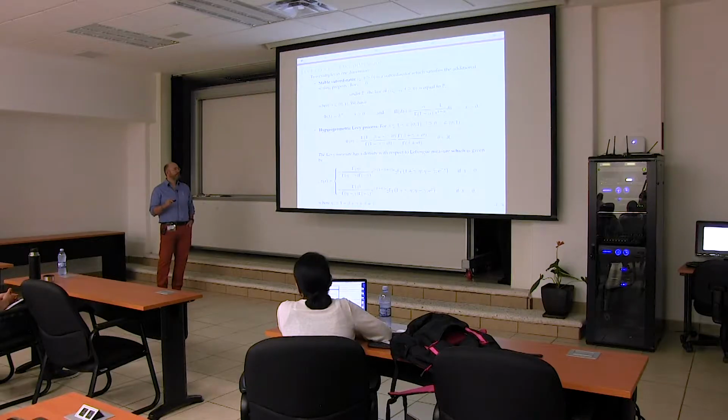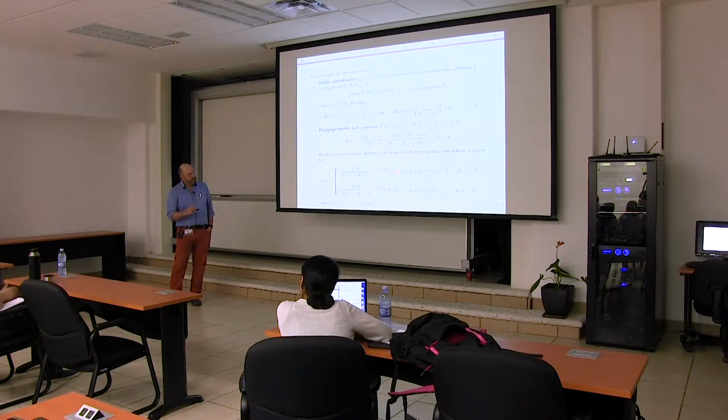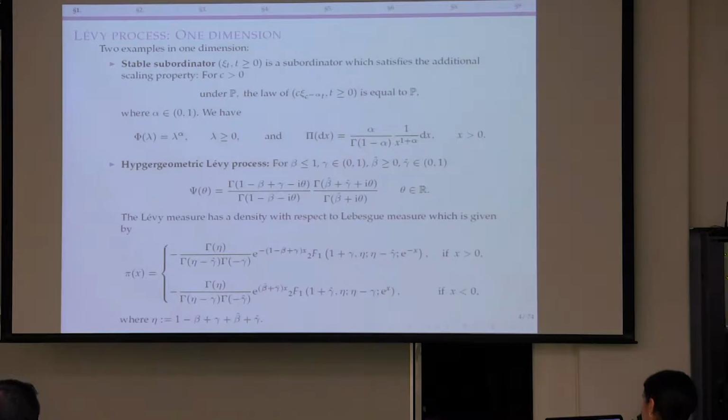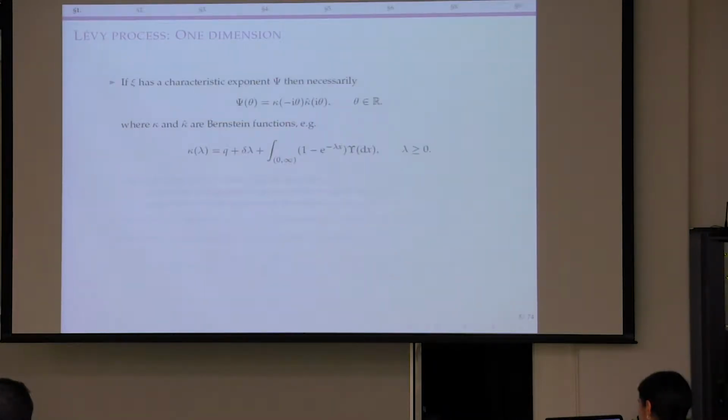Juan Carlos and Alexei Kuznetsov, and it's called hypergeometric because it has this nice Levy density, so the Levy measure pi has a density with respect to the Lebesgue measure. If you throw aside the constants and the exponential, then fundamentally it's a hypergeometric function of e to the minus x. So a 2F1(a, b; c; e^{-x}), and then the argument is e to the minus x. So although the Levy measure looks nasty, the characteristic exponent is very nice,